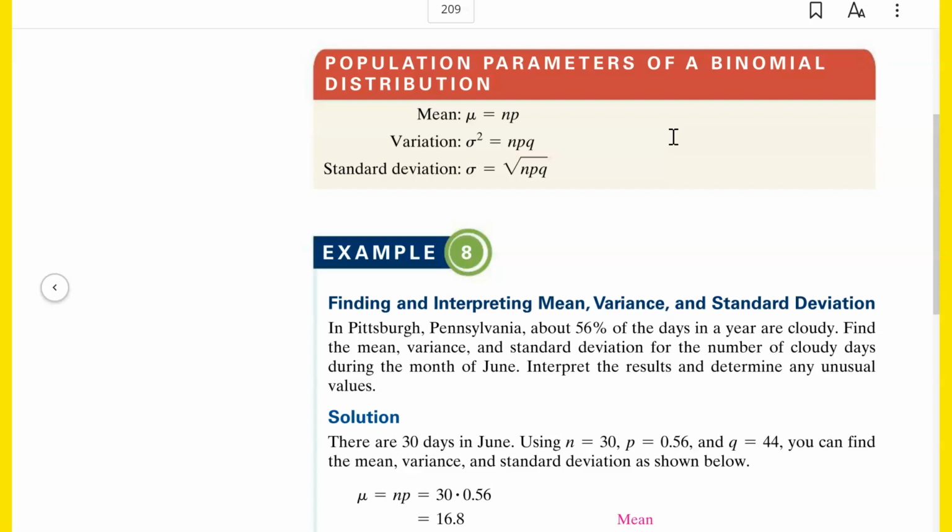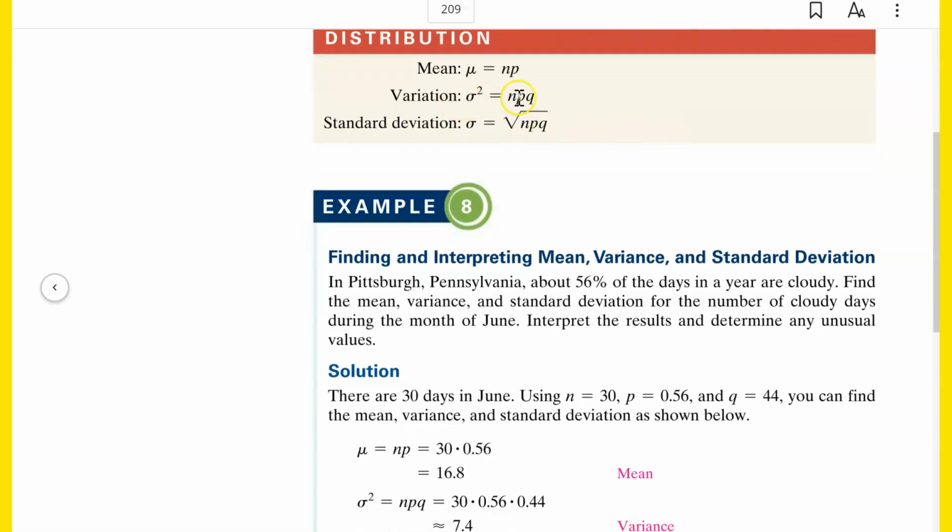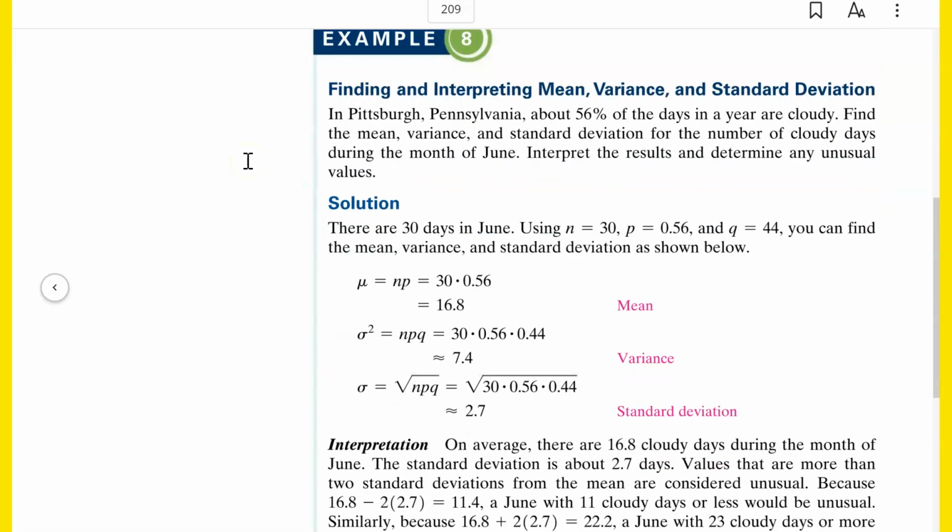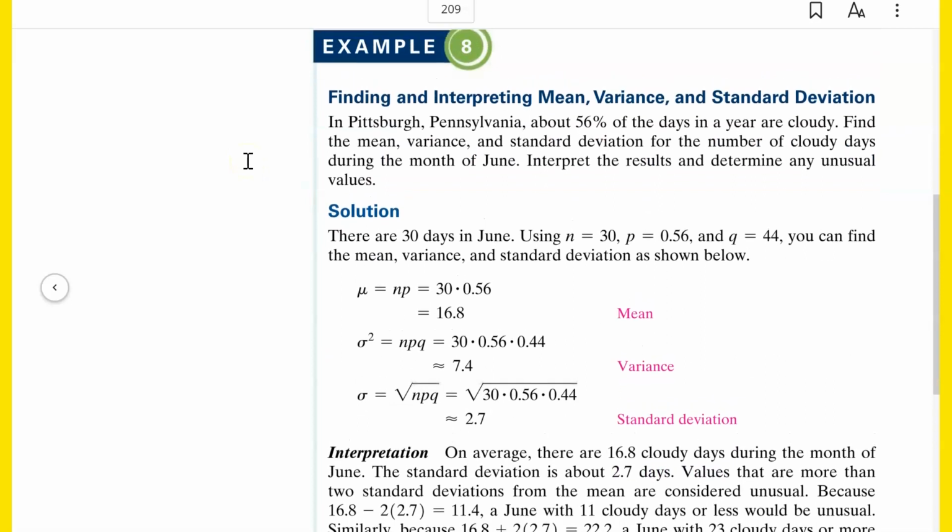That means if I go in today and shoot 10, if I go in tomorrow and shoot 10, if I go in the next day and shoot 10, then I may make more than 6, I may make less than 6, but I'm going to average out to about 6 out of all those experiments. All right, the variance is just n times p times q, so 10 times 0.6 times 0.4. The standard deviation will be the square root of that, the square root of npq, the square root of 10 times 0.6 times 0.4.